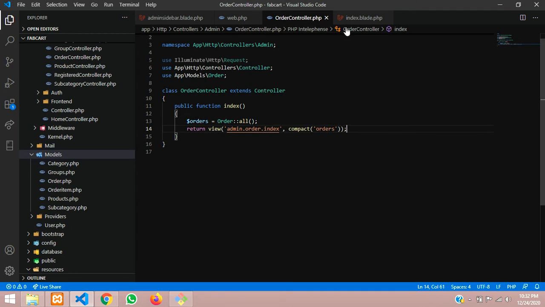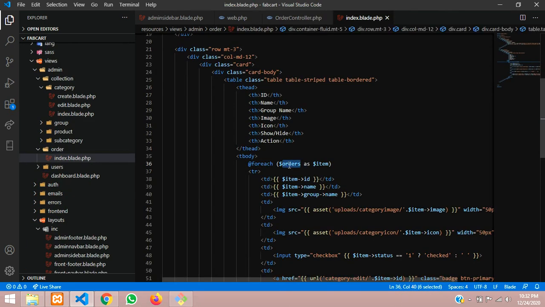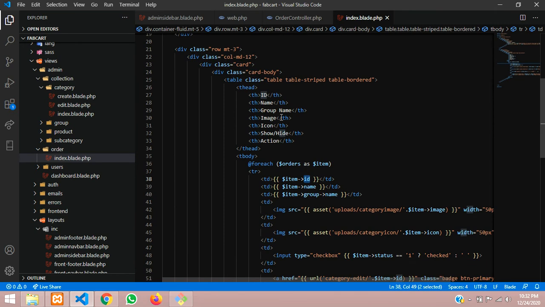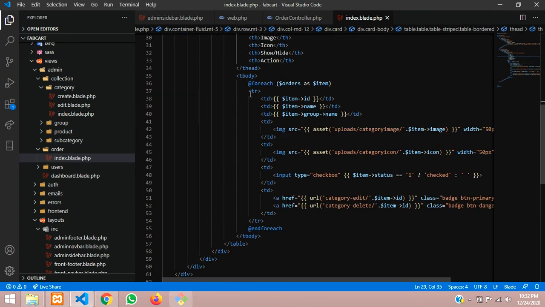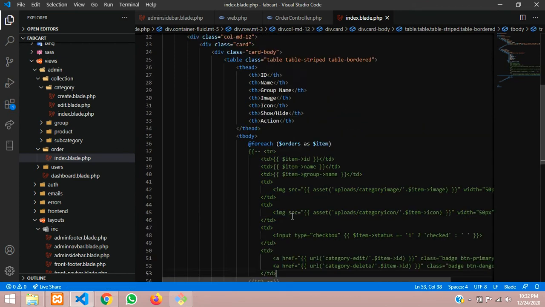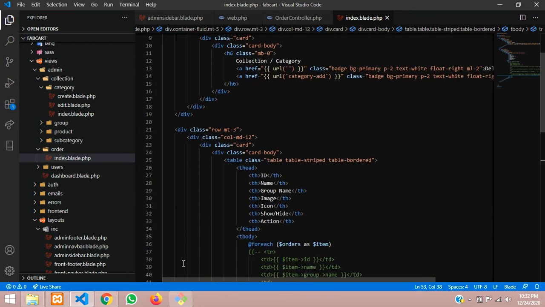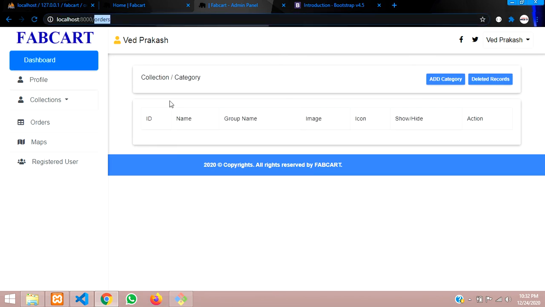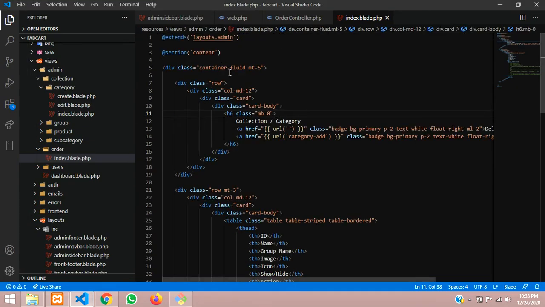Save it, and let's go back over here, and now you'll find the output. What are the things you require inside this order? Before that, I will comment this out right now and we will see the output first. Let me save it. Let us go for the output and click on orders. The orders page has come up and the design is right. Now let's change this thing. Let's just mention that.